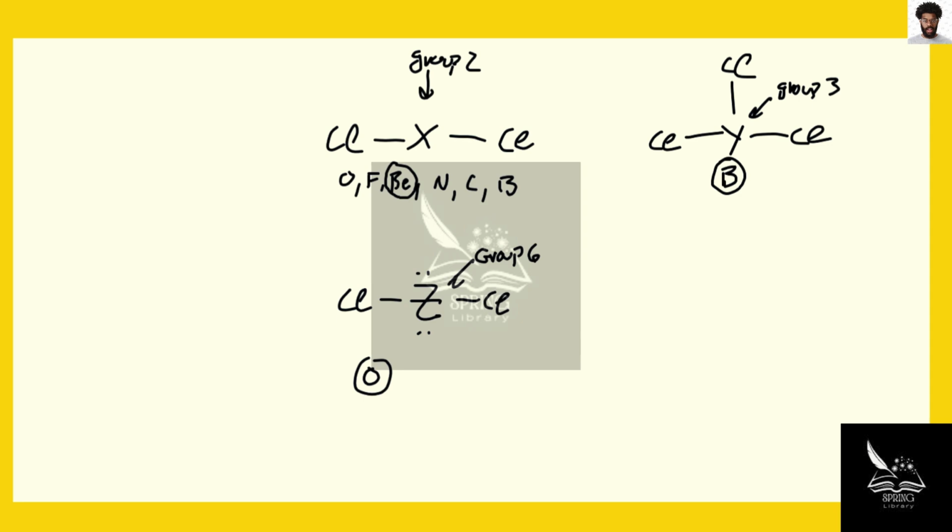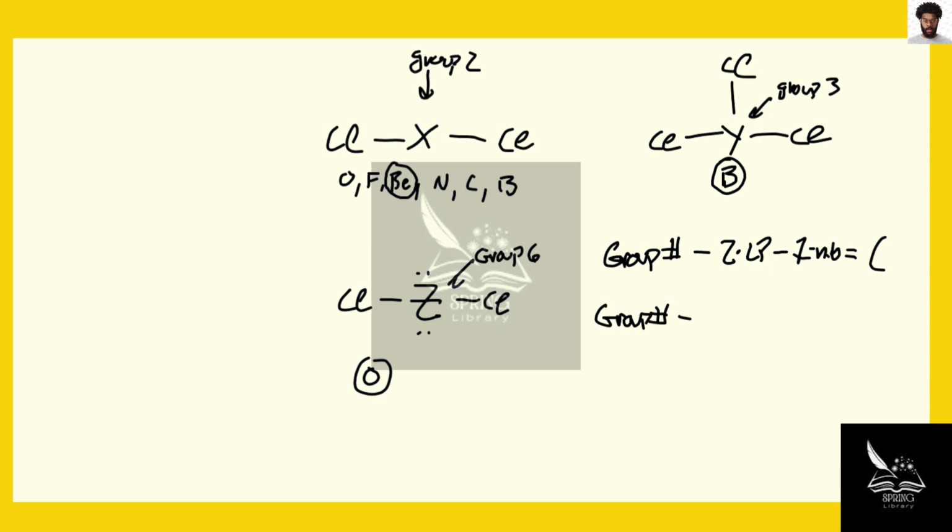Well, the rule for determining a charge on some sort of central atom with multiple bonds to it is that you take the group number, you subtract 2 times the number of lone pairs and 1 times the number of bonds, and that tells you the charge. So I'll write C for charge. In each of these cases, the charge is 0 because they didn't show us a plus or a minus or anything like that. So this is like saying group number